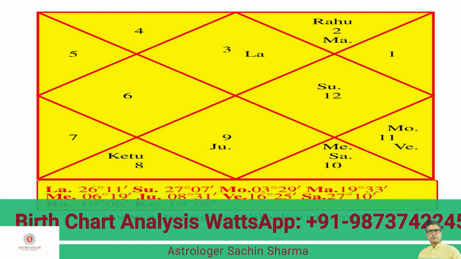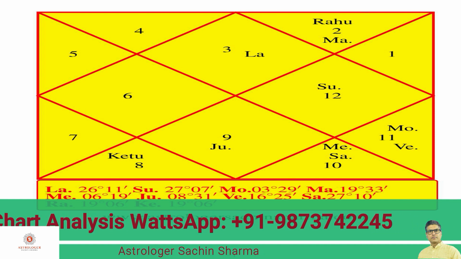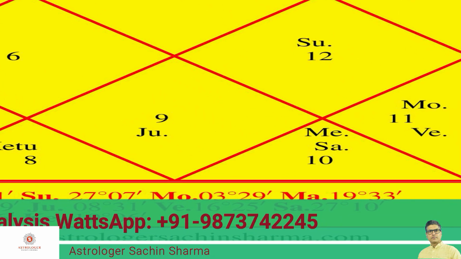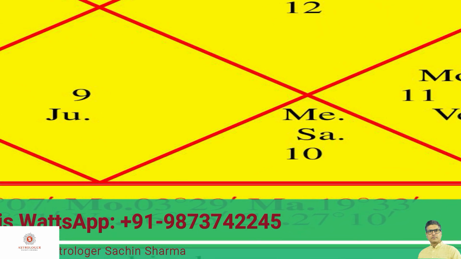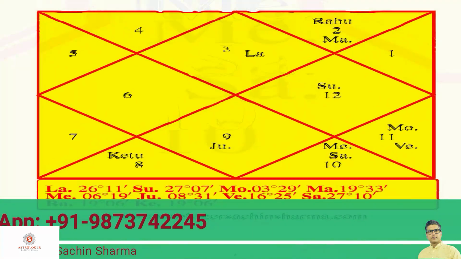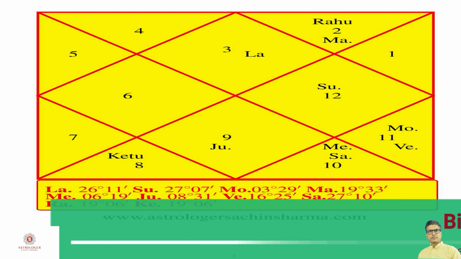Next question. Which house represents disease and death, and which planet is the lord of that house? As we know, the 8th house represents our diseases and our death, so the 8th house is the main karaka of disease and death. Here number 10 is written in the 8th house. Therefore we can say that Saturn is the lord of the 8th house here.